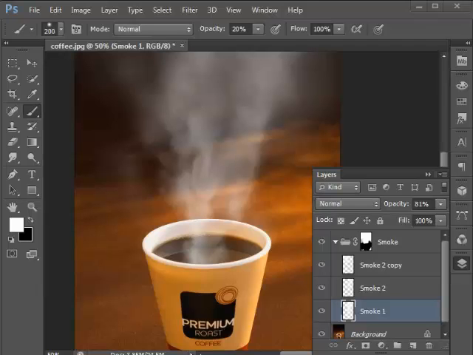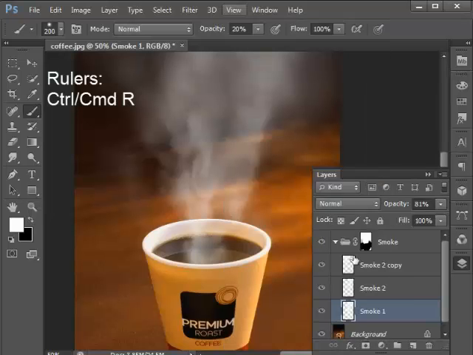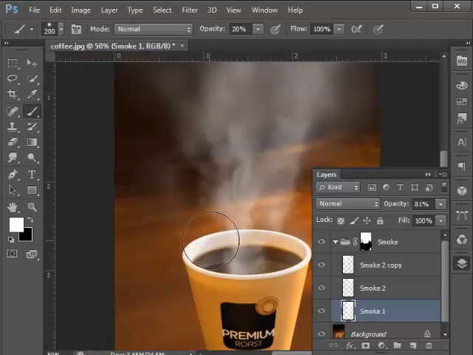So I'm going to turn on my rulers. I'll press Control R. Again, I can go to View and choose Rulers. And you see there's the keyboard shortcut, Control R, or Command R on the Macintosh. But Control R, quick way to do that. And I'm going to pull out